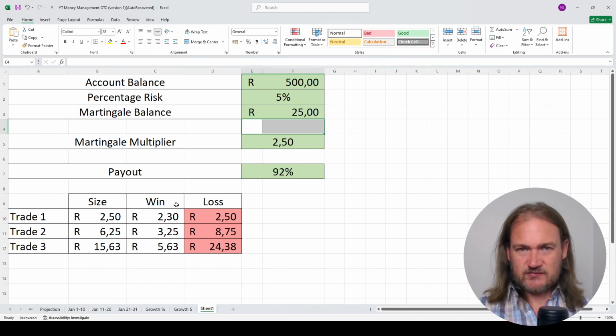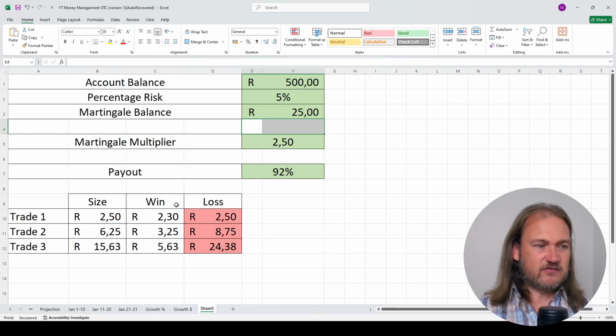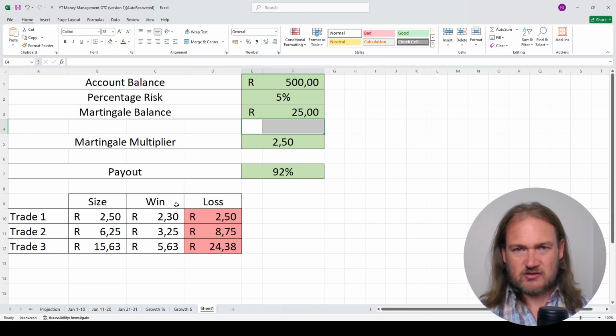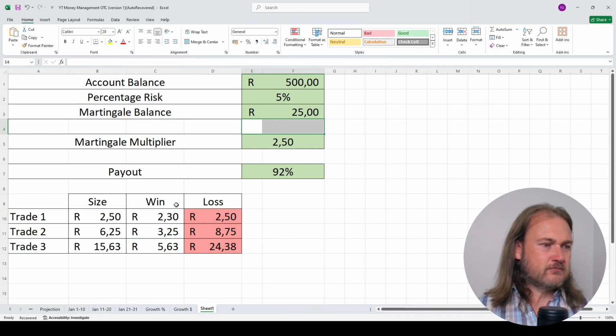We're going to take our entries from our strategy. If the trade loses, we'll Martingale the next entry from our strategy, but we do not double down on a losing trade, ever. Okay, so